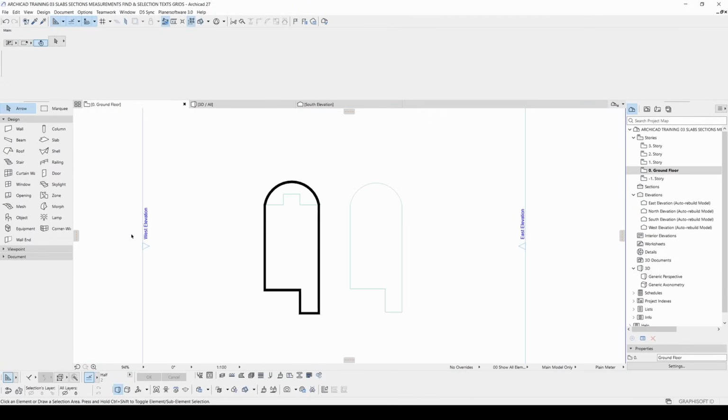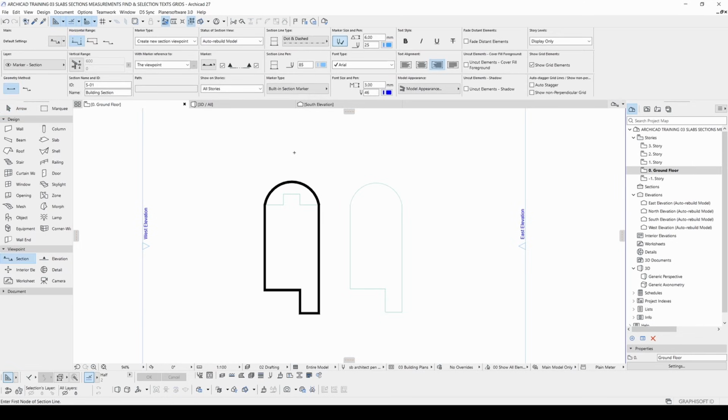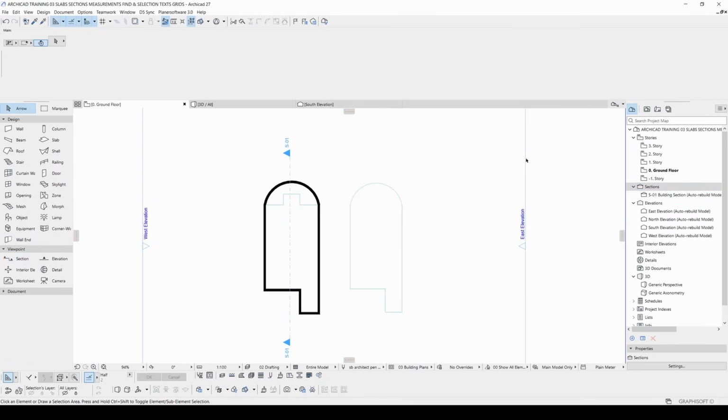Now, if we were to create a section, if we go to document, viewpoint and section, now we are going to maybe start from here and from here to look this direction. After that, you will see your section was created automatically under this section folder. You can double click here, or if you cannot find your section